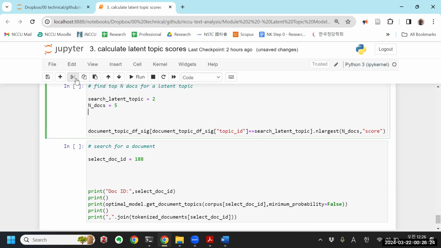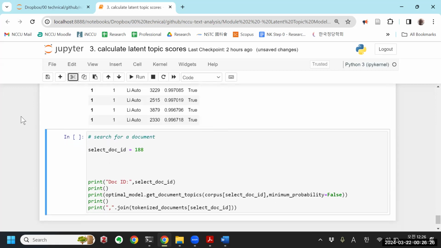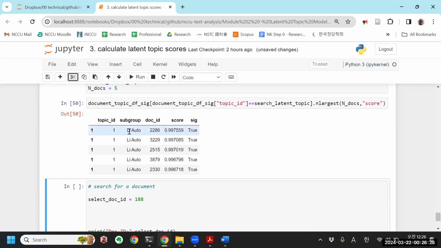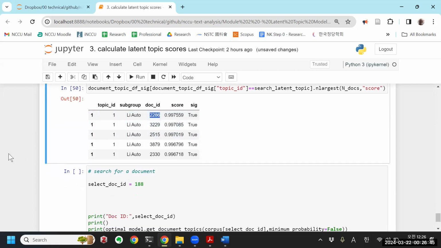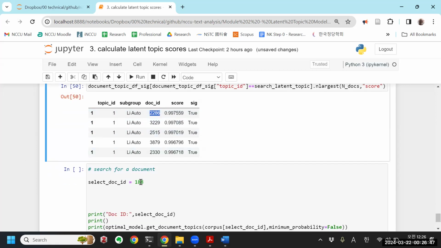Yeah, so that's just a duplicate. Okay, so let's say with this now, you want to go look at document 2286, because you want to know in Liato for topic ID 1, which is about law and regulation, what does Liato say about that? So you can go down here and, to search for a document, just put in the document ID number 2286